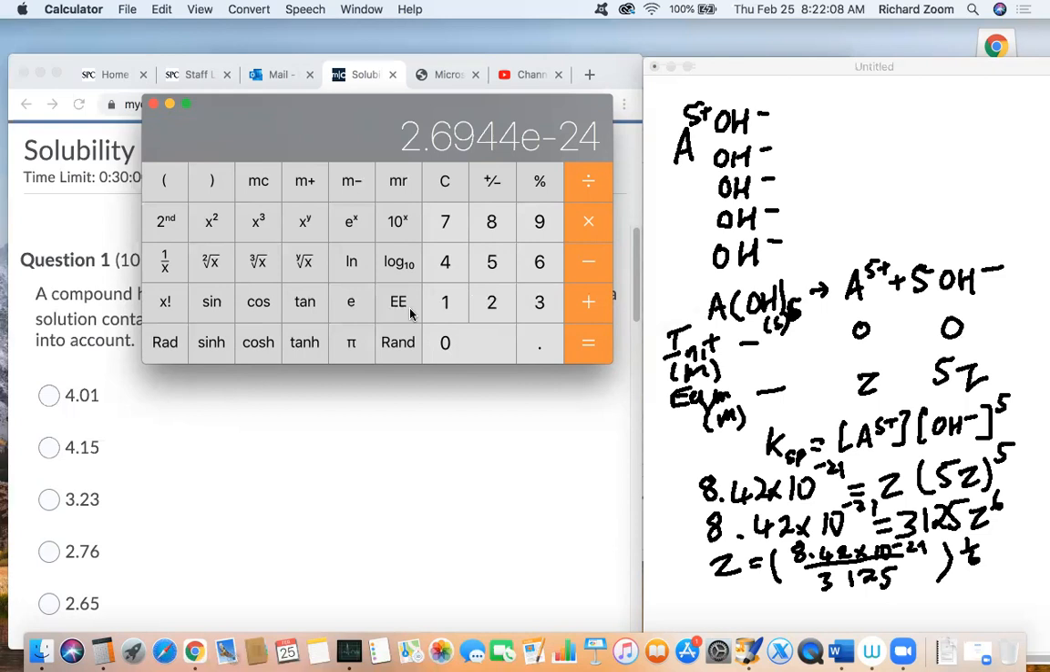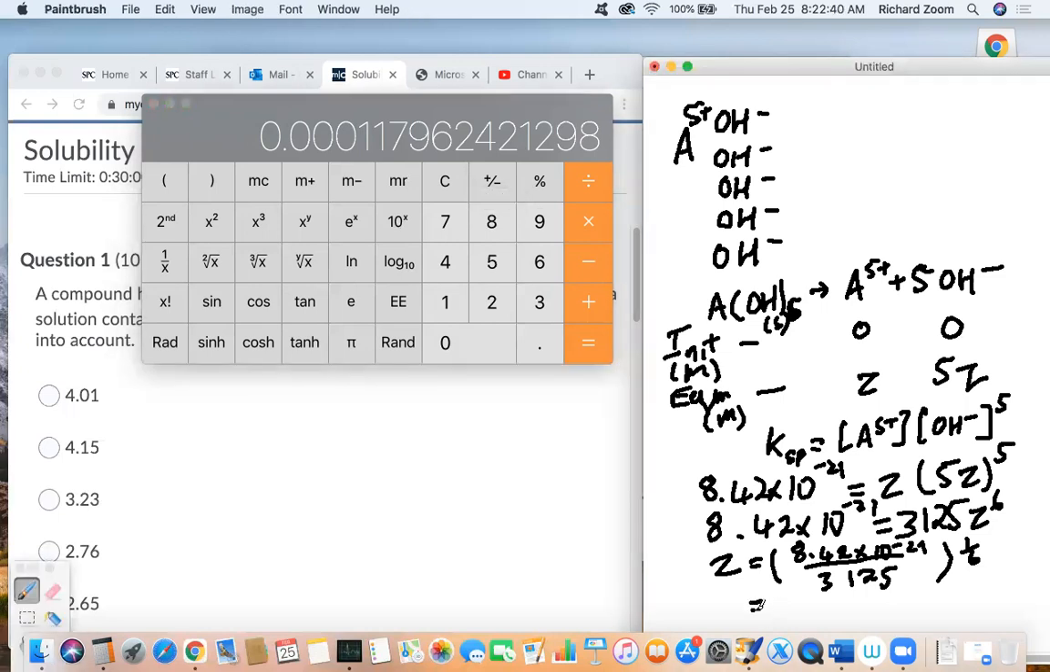For this one, there is no caret button on here. All I can do is this kind of thing. So we'll do x to the y. I did that number, now x to the y, and now 1 divided by 6, close parentheses, and hit equals. And that gives me my value of z, which is